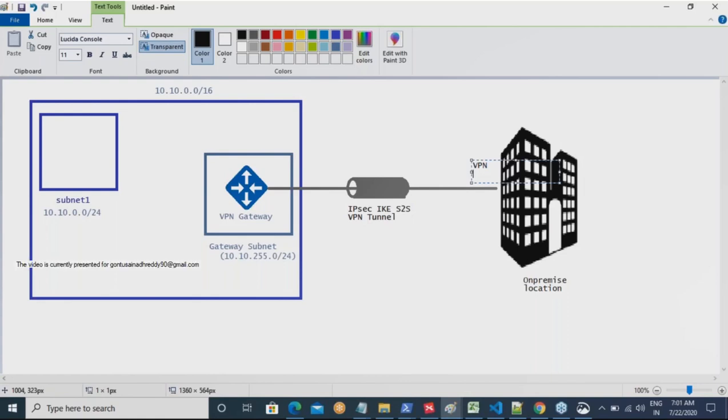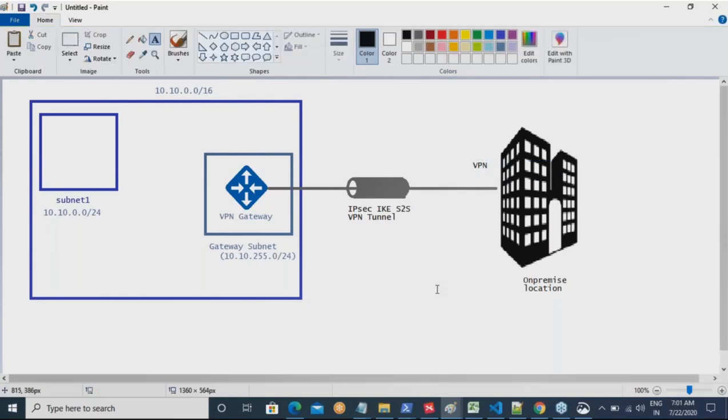Okay. Right. So now in here, what is happening? We are having a subnet, and in that subnet we create a, what do you call, gateway subnet, and in that gateway subnet we will be creating different kinds of virtual network gateways. Okay, that virtual network gateway is referred to as VPN gateway, generally in site-to-site connection.